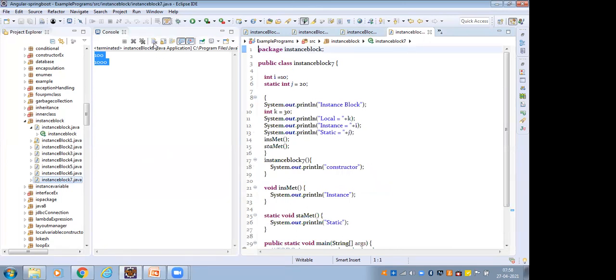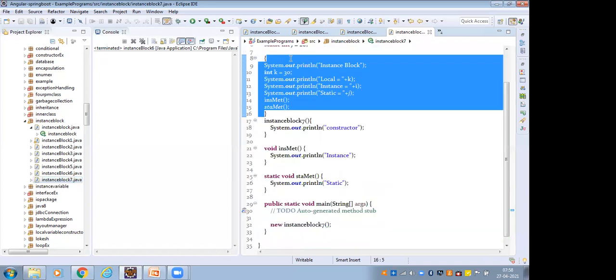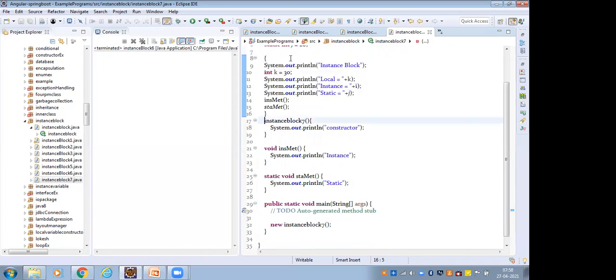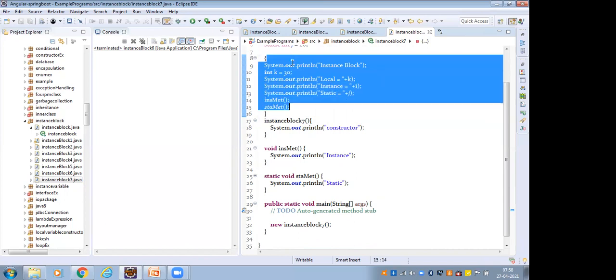And here, this is the class. Inside the class, I have to create the instance variable. This is the instance block.